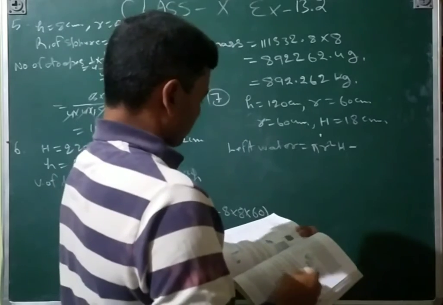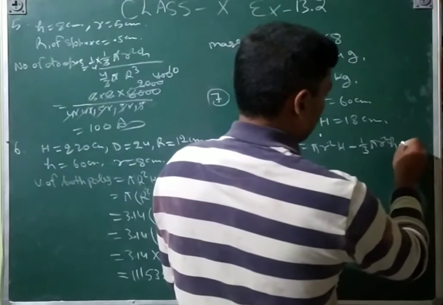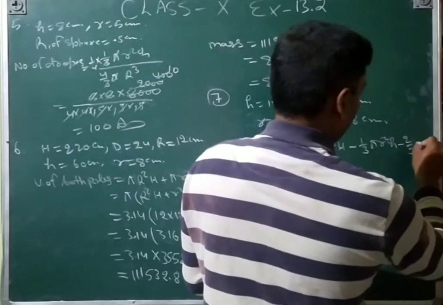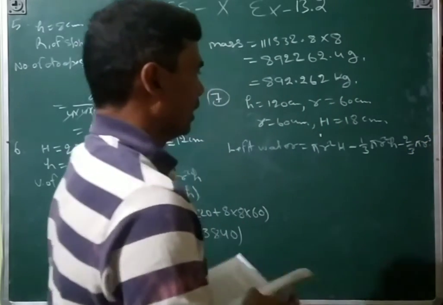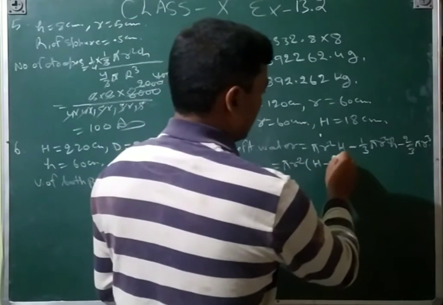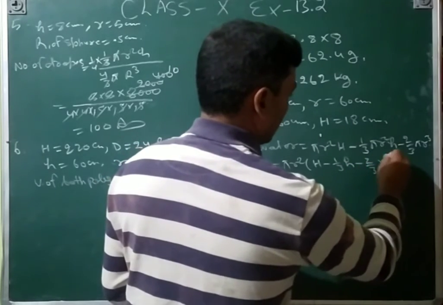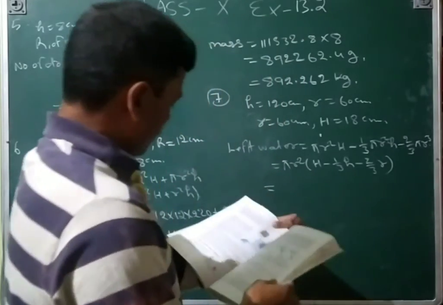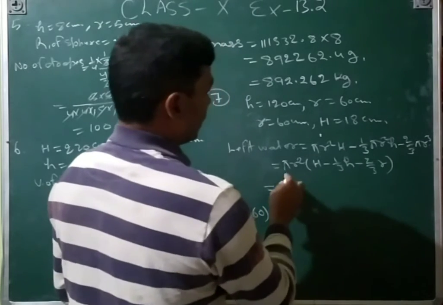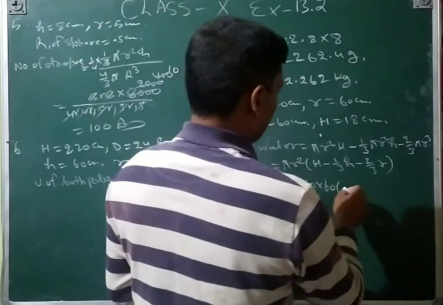so that 1 upon 3 pi r square h, minus hemisphere is also there, so 2 upon 3 pi r cube. So here we can take the common pi r square, so that will be h minus 1 upon 3 h minus 2 upon 3 r, and then pi value is not given, so 22 upon 7 into that r is 60 into 60, and then h value is that